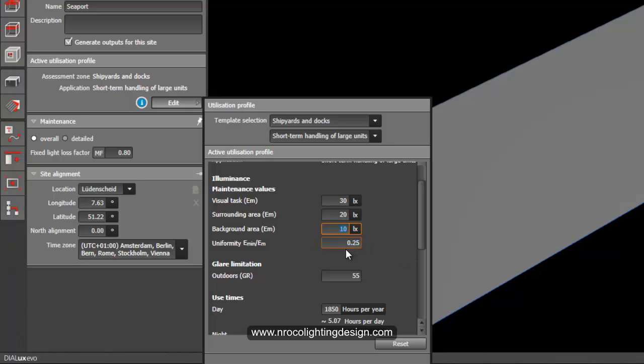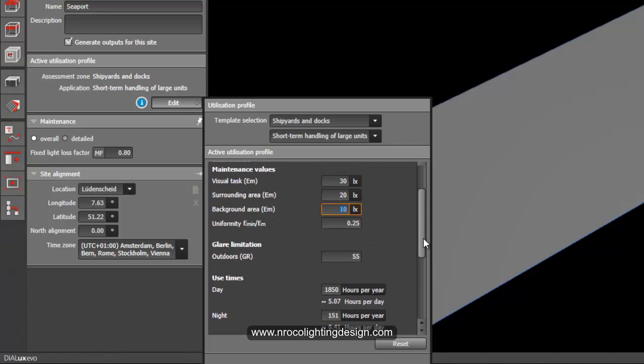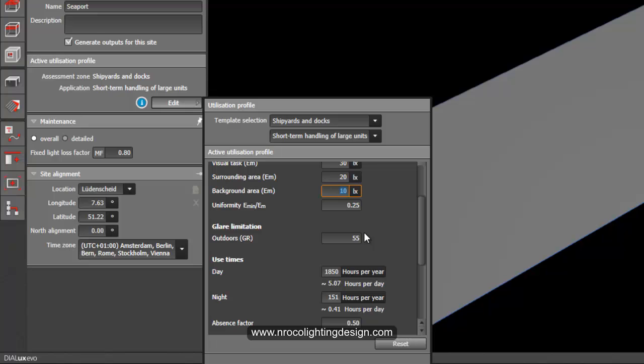But let's say I will just follow the Dialux Evo requirements here, which is 0.25, and you can see here that the glare limitation is 55. So if you have restrictions like 45 or 40 or 50, you can change it here.